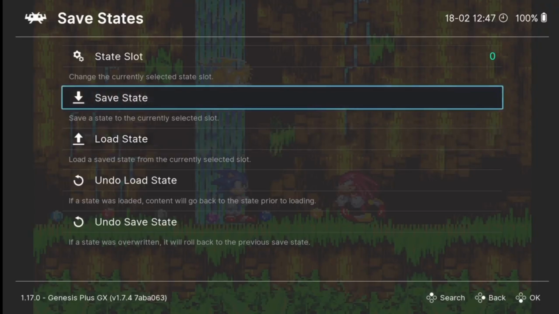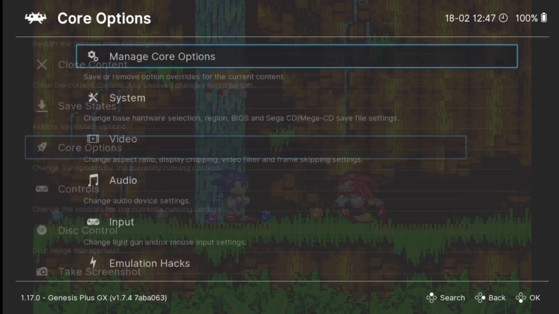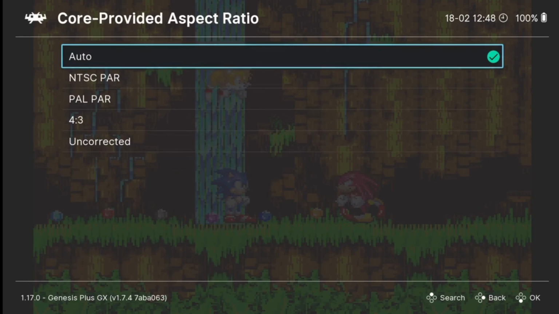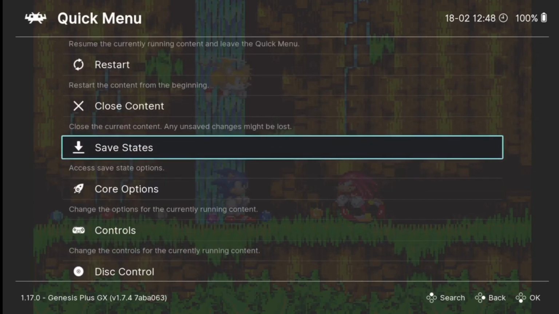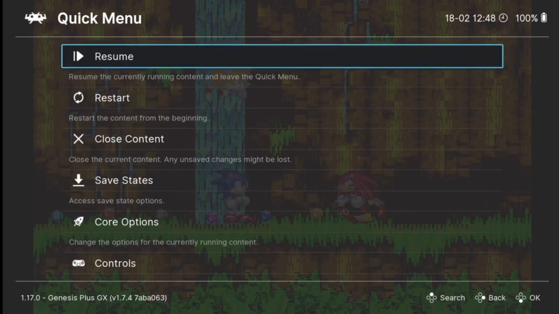Very cool. So I can come out of save states by pressing B on my controller, and we can do things further with RetroArch, which is obviously powering this with the core we downloaded. If I go to core options, and I go down to video, core provided aspect ratio is on auto. I can change this here by going to 4:3, and if I keep pressing B and go back to quick menu by pressing A and A again,